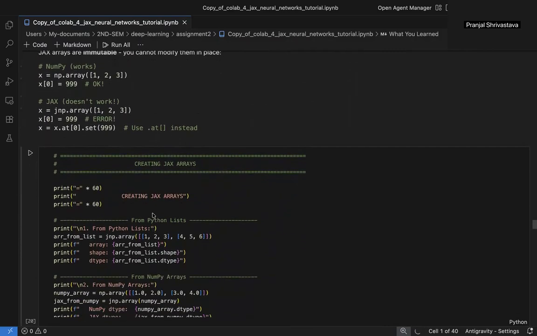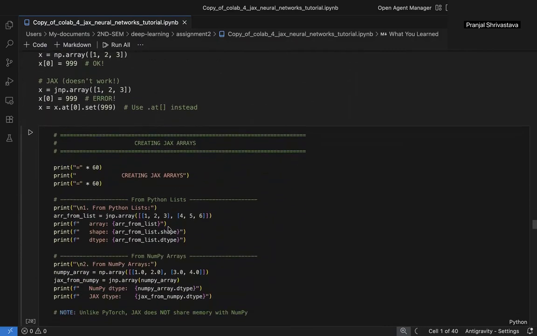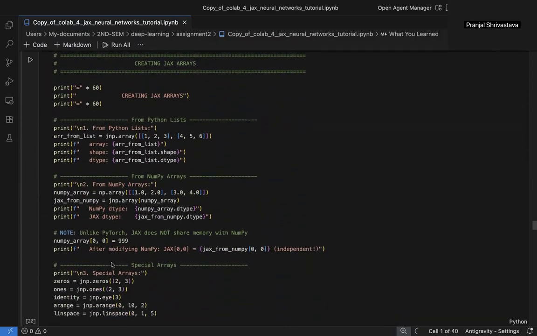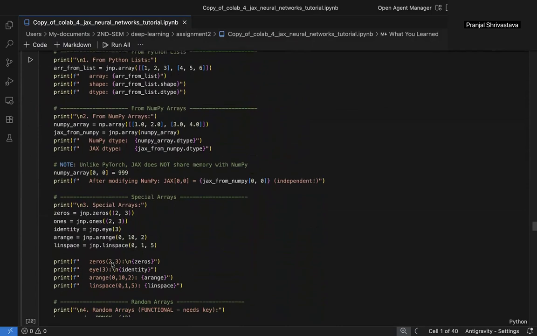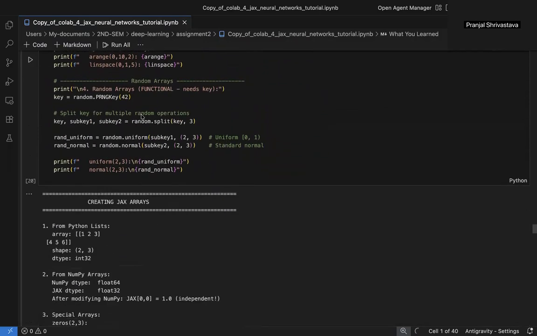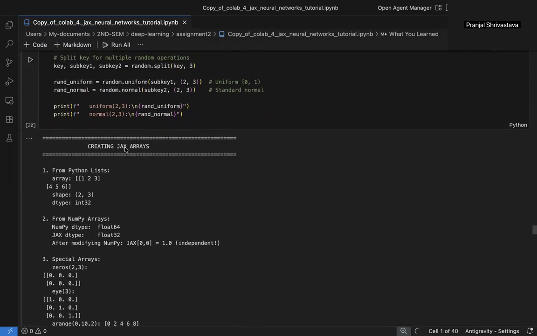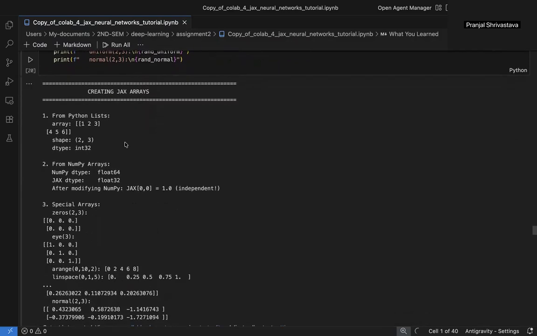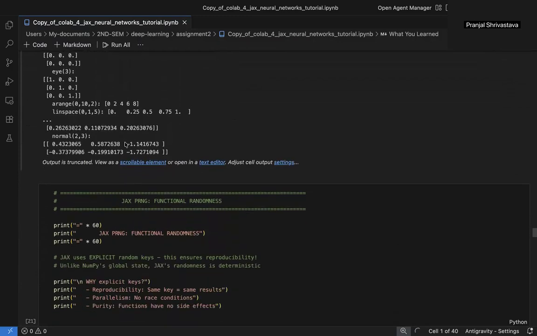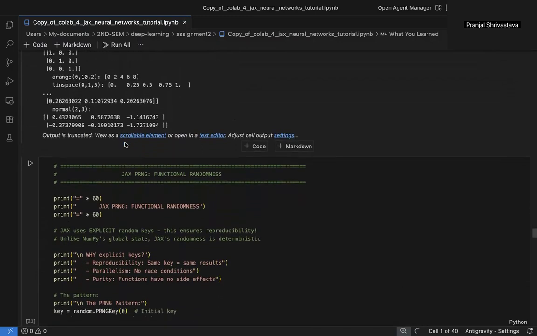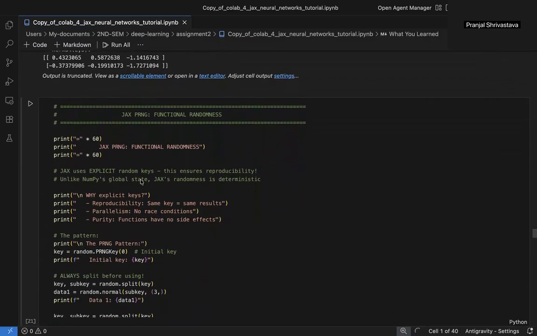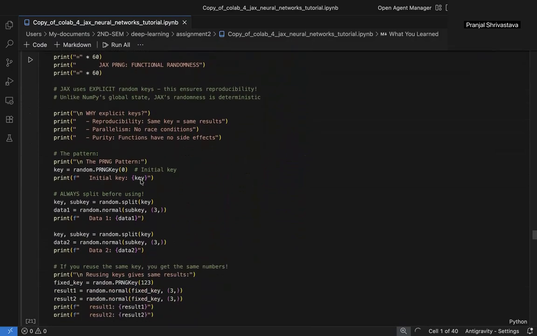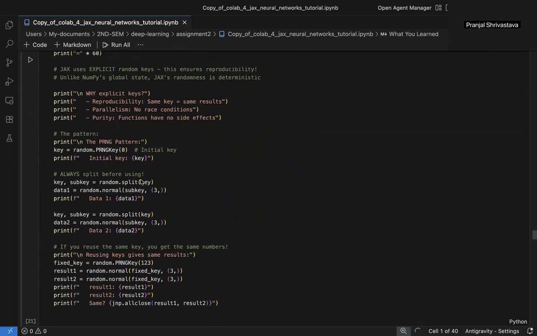Then we create a JAX array 4 ways: from a list, from NumPy, using special arrays, and using random keys. Here you can see in the output we are creating JAX arrays in 4 ways. Then we have functional randomness, where we explain JAX's explicit PRNG system and show that you must split a key before use,